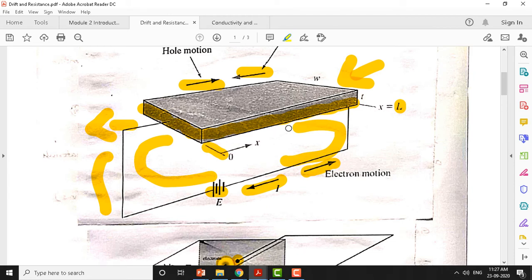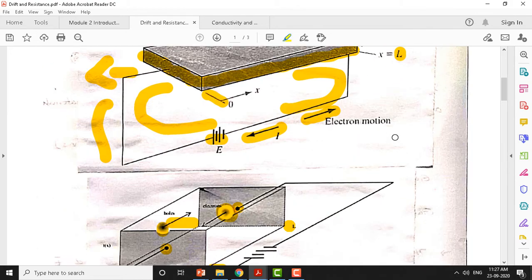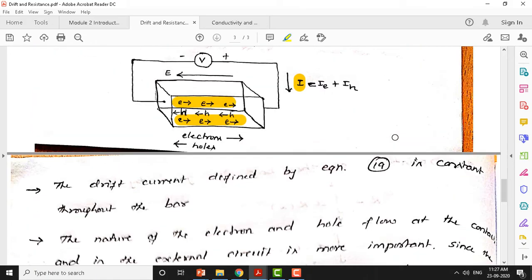So that means the total material is unchanged. It is kept neutral. Because of the electron leaving here, the electron which is entering here, the electron that leaves here will combine with the holes here. That means this source must continuously supply the holes as well as the electrons here, so that this complete material is electrically neutral. There is no loss of the charge carriers in that entire material.